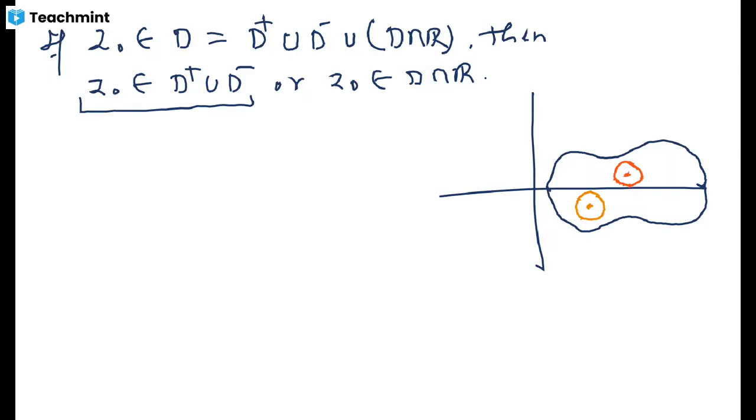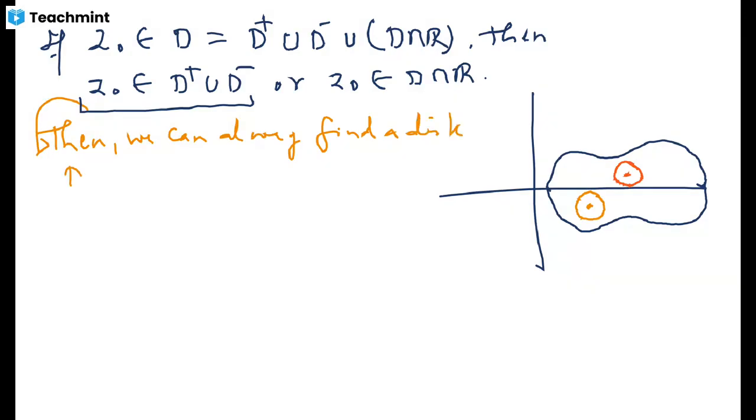So whatever disk you draw, in this situation we can always find a disk at this point z naught which lies entirely within